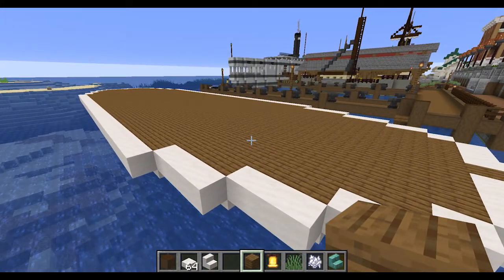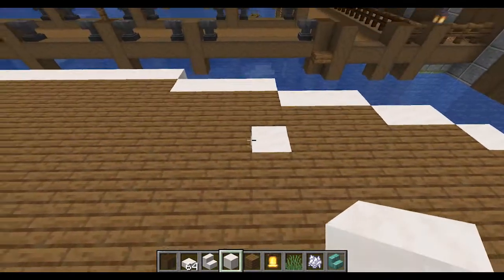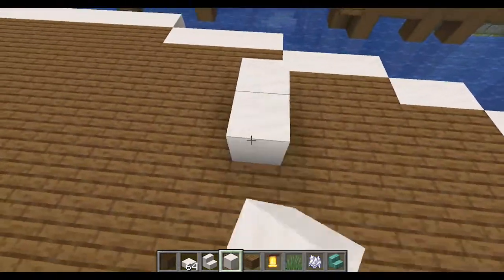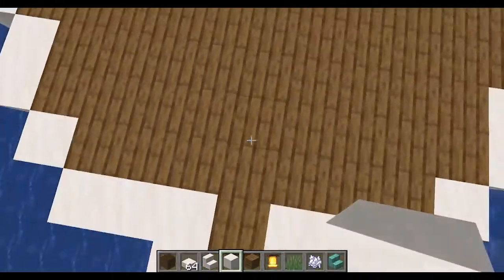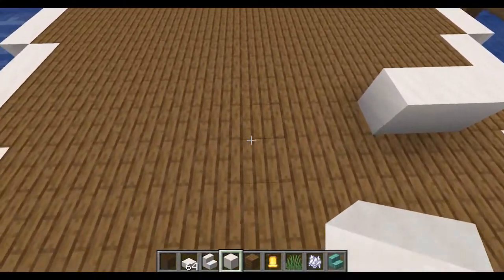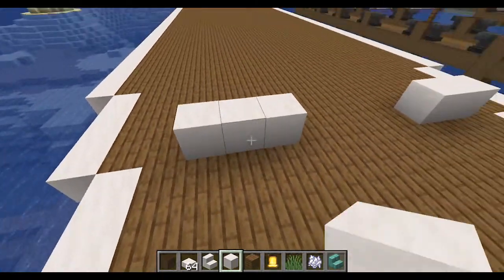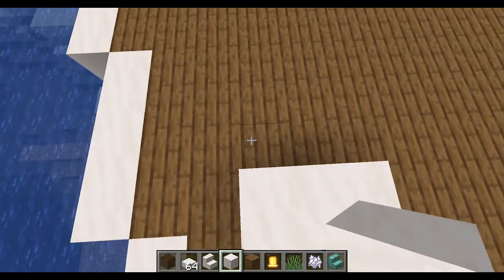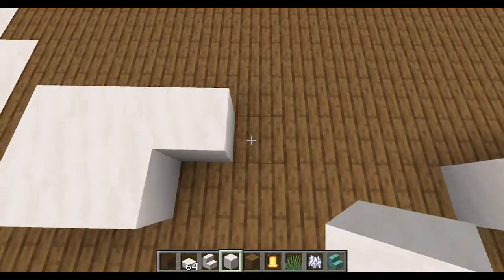Now we need to start looking into adding our structures. If you look at pictures, the first level of the boat usually consists of two general areas. You've got a little front storage area, and in the back you've got the steam plants that feed the energy to the large paddle wheel in the rear. Now I also want there to be a grand staircase going up the center of the front, so I need to make sure that I space everything out accordingly. I think we'll do that.